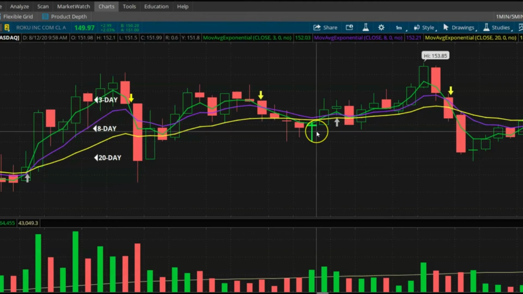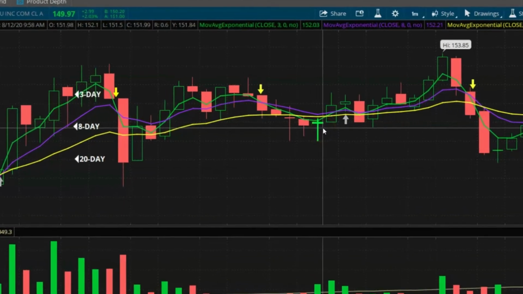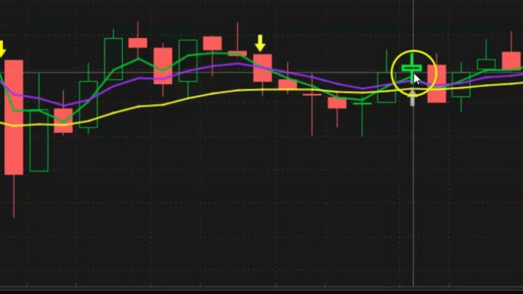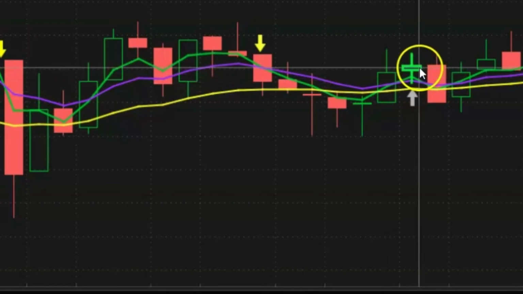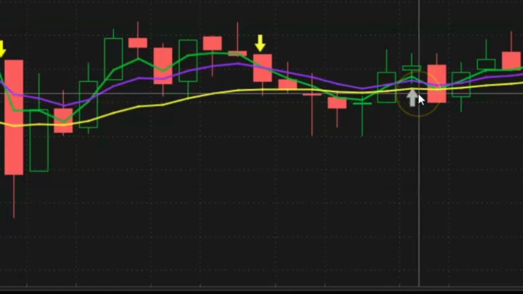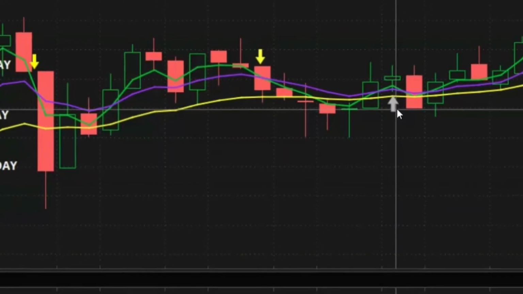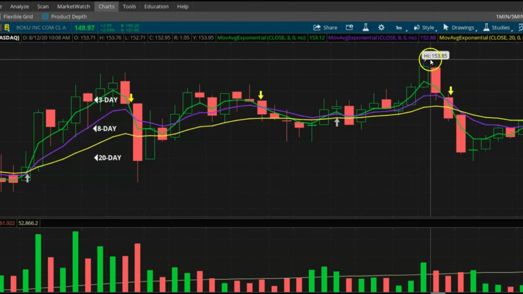Another crossover. Let's see what's going on. We have a crossover here, but then we have them in the right position here. Green, purple, yellow. So this could be another entry point. This could be a point at which you want to add onto your position in this trade. And between this white arrow and, let's see, the high of the day,